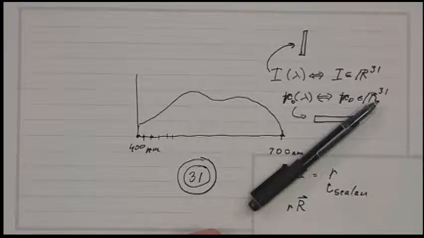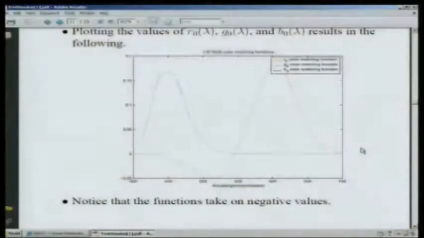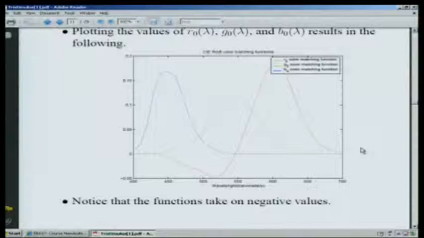Okay, so we talked about all the color matching experiments and so forth. And from that you extract out the color matching functions. So these are color matching functions. You plot them. They're 31-dimensional quantities, right? And you plot them like this, and you look at them and you go, well, that kind of